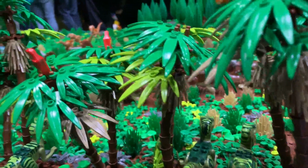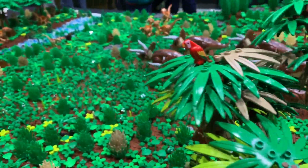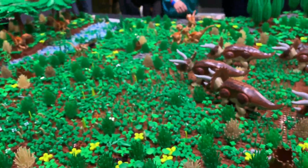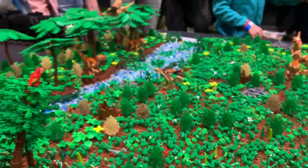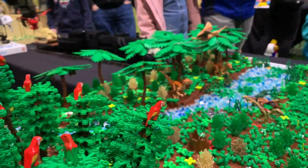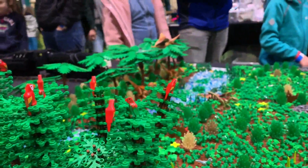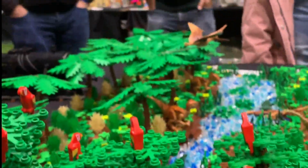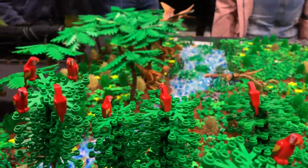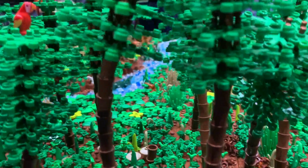When I did this, it wasn't going to be as big as this. But when I added on the river, it got bigger. That always happens, isn't it? It does, yes. Because you need to give it a nice sense of scale, which only size can do. I mean, everybody loves it because there's always something different for them to see. I mean, the parrots in the trees, the seagulls, it's just...